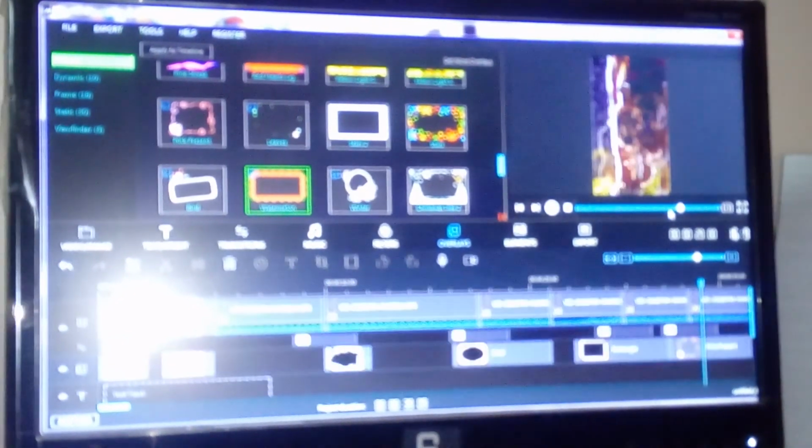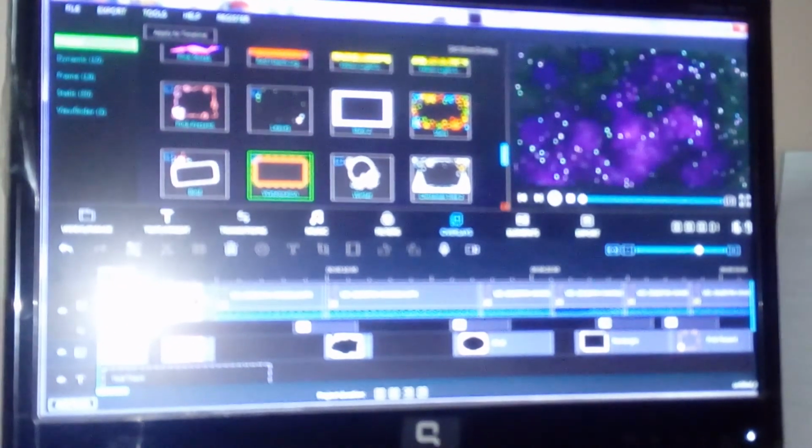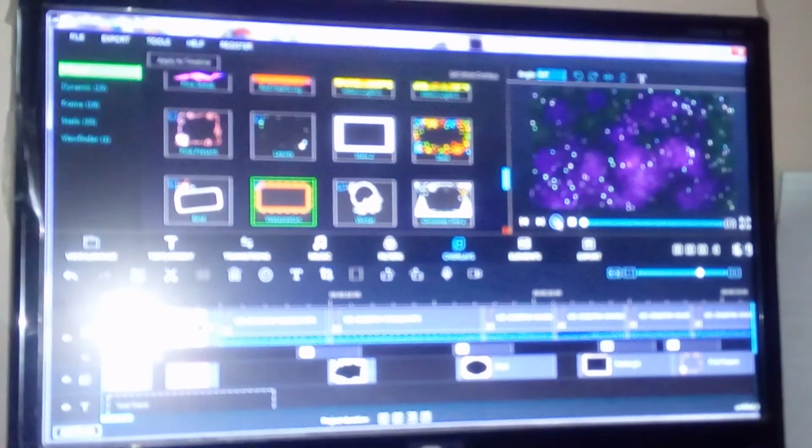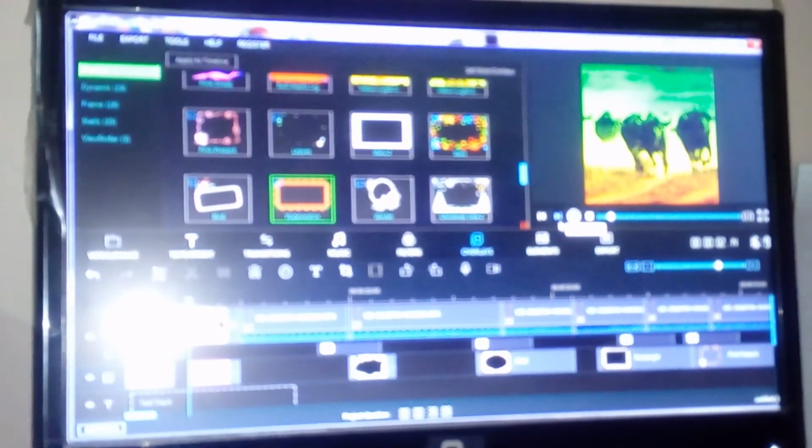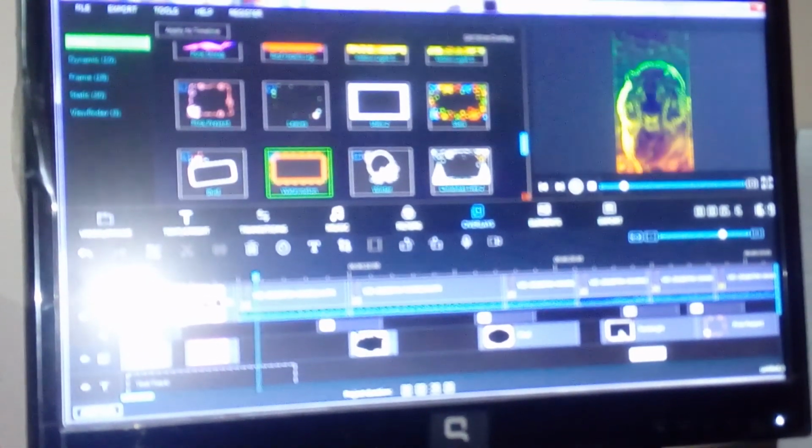Now at this time I have applied the transition effect, the overlay concept, and filters to the parts of the movie. When I place the playhead at the beginning and play the movie in the preview, here you can see the overlay effect along with filters and transition effects.